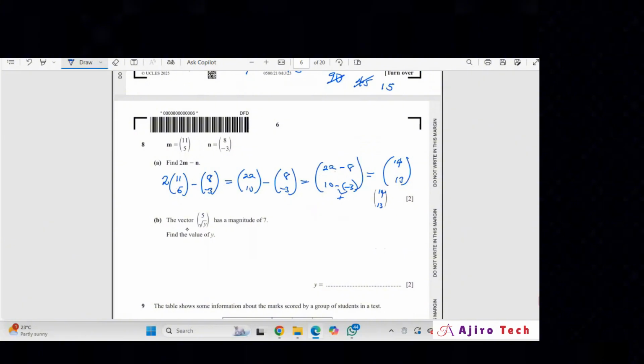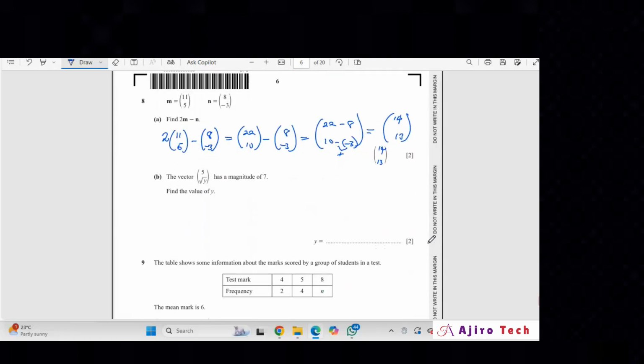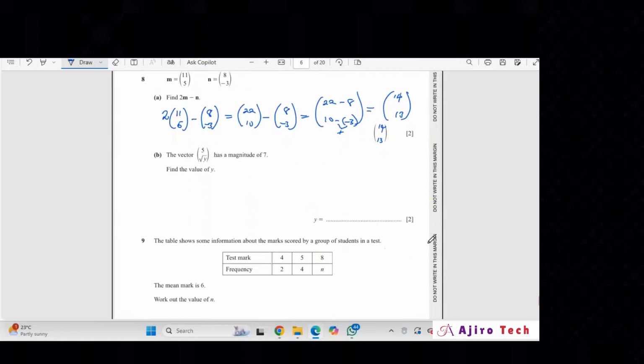Now, they say the vector (5, root y) has a magnitude of 7. What is magnitude? Magnitude is simply the square root, like r. This is the formula: the square root of x squared plus y squared. This is the magnitude. So when you are solving this one, I'm going to do it the same way. The magnitude is already 7. So you take the square root